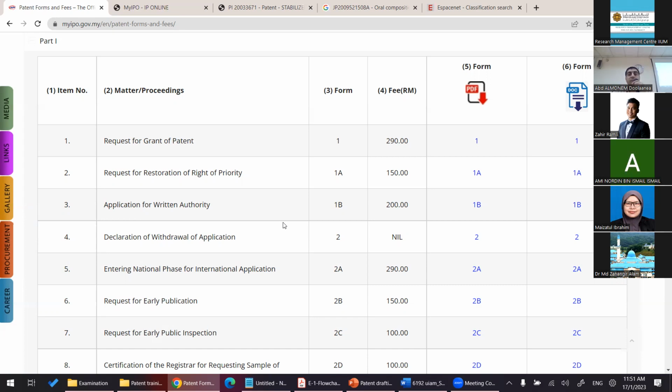Do you remember? First form is request for grant of patent. Maybe someone can do the calculation using the calculator, 290 ringgit plus. Okay, second one, do we need? Third one,